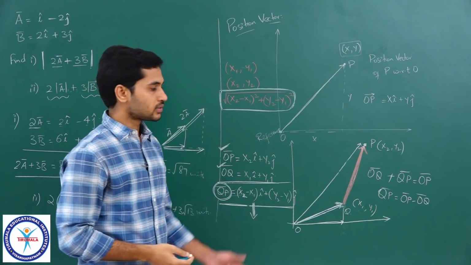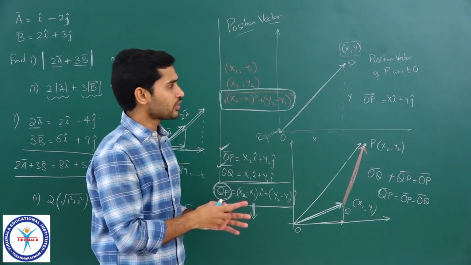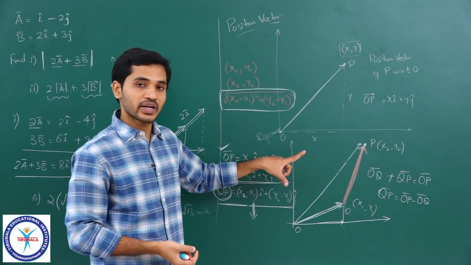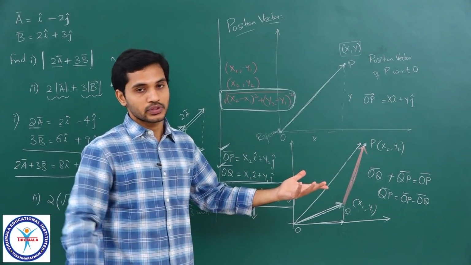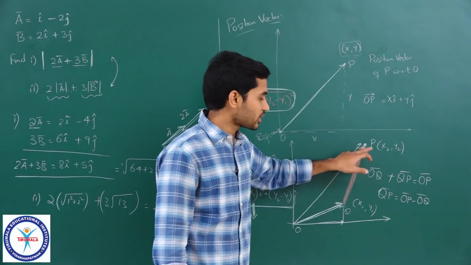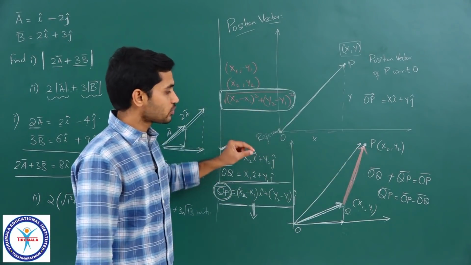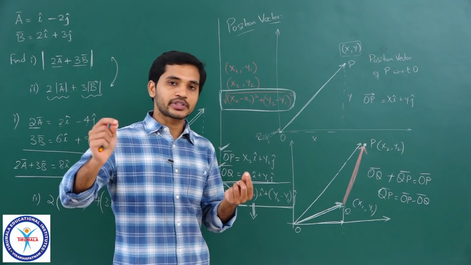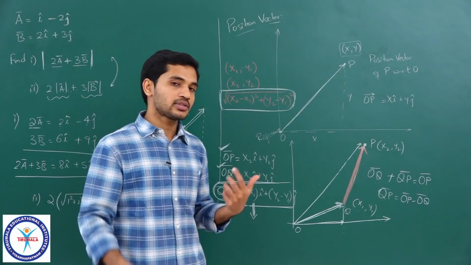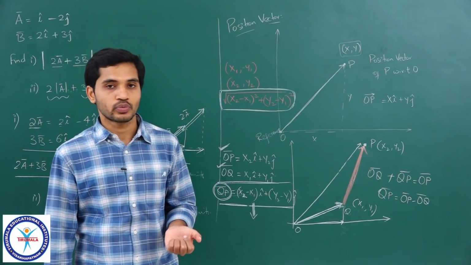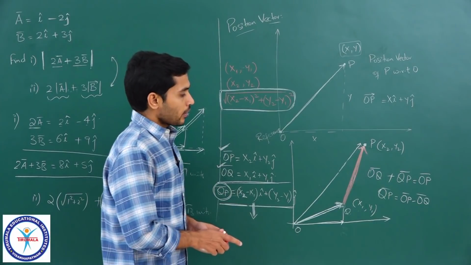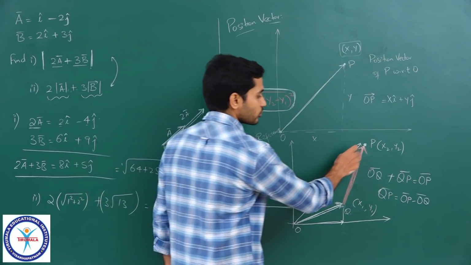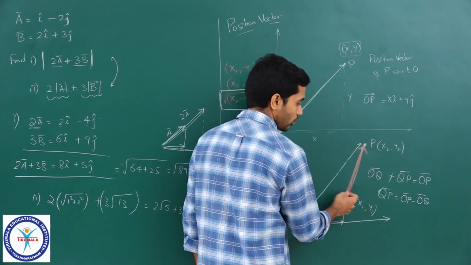Correct, students? So that is how we can use the concept of vectors even to find the distance between the 2 points. The distance between this point and this point can be directly understood by first finding the vector joining them. If you know the vector joining 2 points, then the magnitude of that vector is the length of the line joining the 2 points. Clear? And one more thing, if you have to find out the vector, all you have to do is observe this result which we got here.